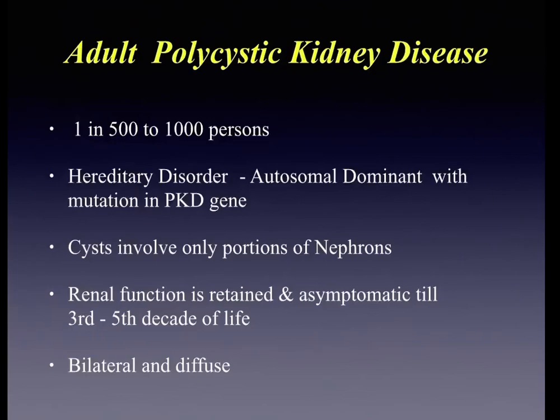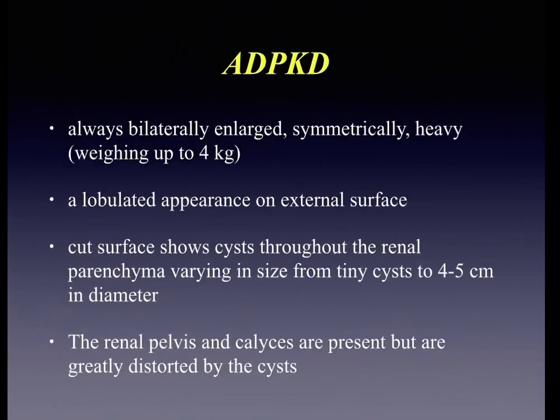So the basic pathophysiology here is there is abnormality of the cilium. Dysfunction of the cilium of the tubular epithelial cells results in alteration in the ion flux, and this in turn changes the cell proliferation and function, which culminates in renal cyst formation.